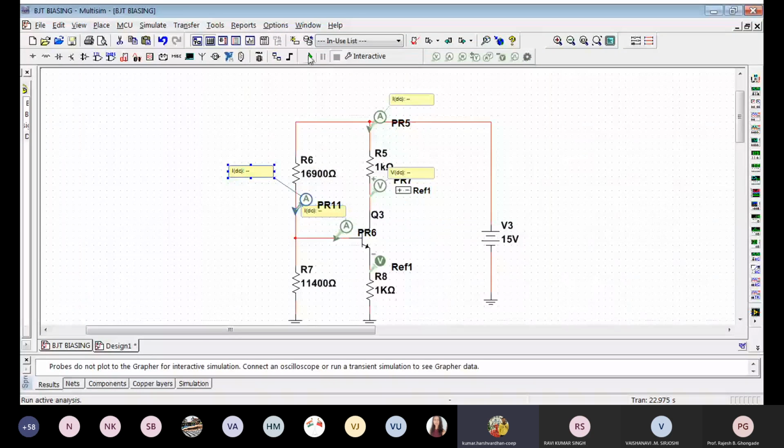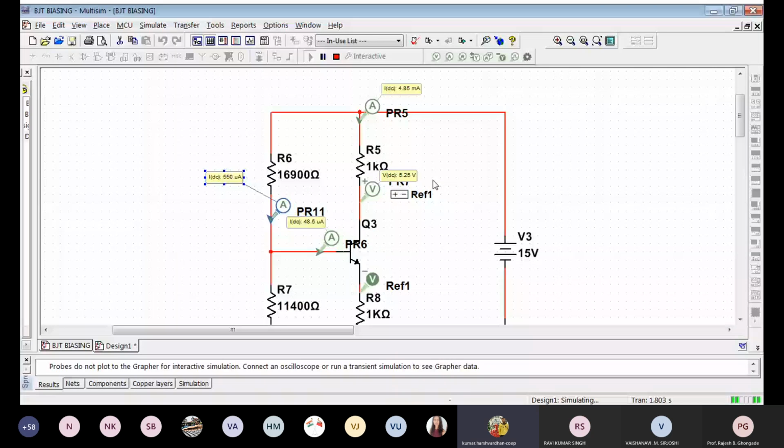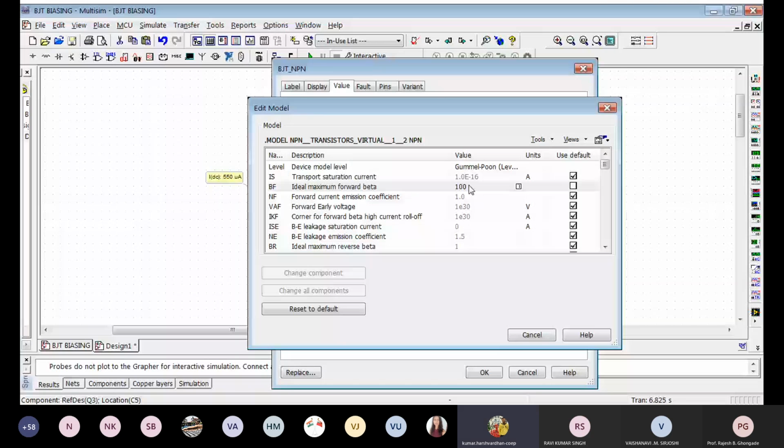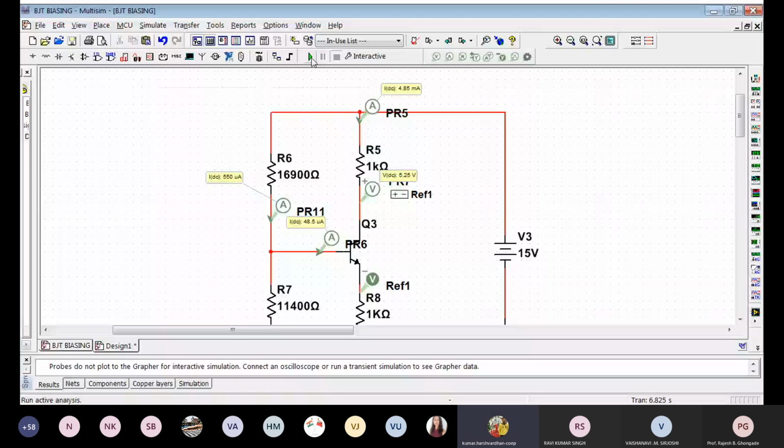okay. So what we have here is the design value is slightly different here. It is 5.25 volts, 4.85, very close to the design value. Now if I change the beta to 50, what I get is 5.86 and 4.5.